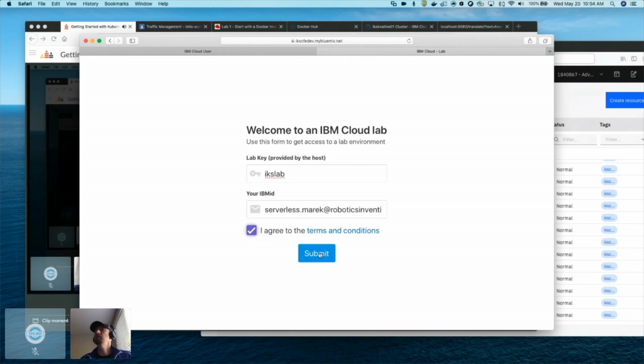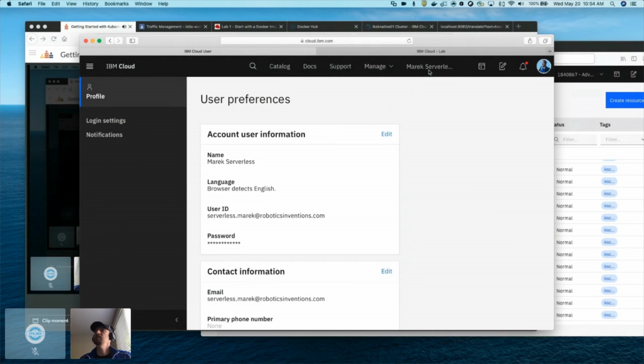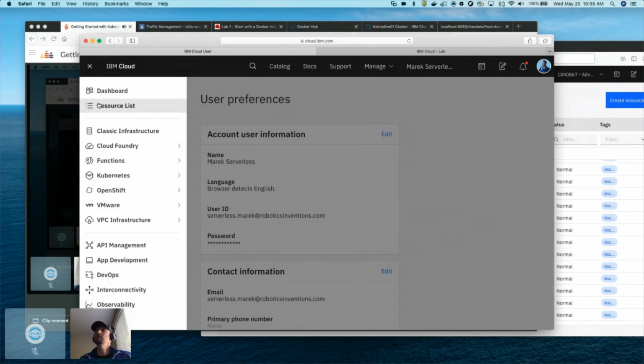So I agree to the terms. And now the system is going to provide me with the access. So I got assigned to the cluster 12, IPS code fresh events development 12. So I can just jump there, or I can just refresh my account. So as I said, it would be seen over here in the profile. So if I go to the resource list,